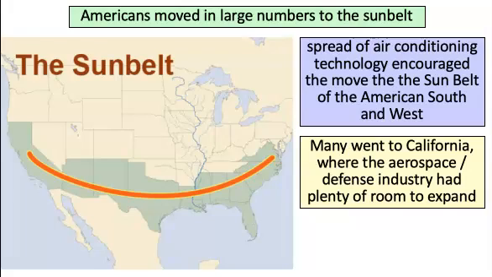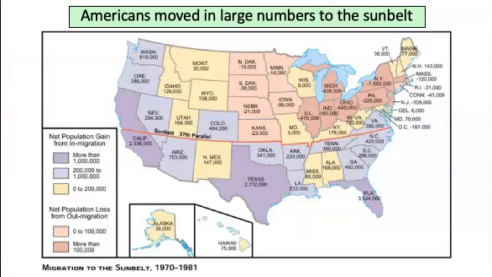Now, in addition to this, many also went to places like California during the 1950s and 1960s because the aerospace industry, the defense industry as well, all had plenty of room to expand. In addition to this, and not on the slide, but also the growth and development of the U.S. military, especially during World War II and during the Cold War, is also going to bring a lot of people to the South. Not only naval bases but army bases are located in the South. I mean, just think how big Fort Benning is, for instance, here in Georgia, and how important that is to the Columbus area. Now, this is going to have some pretty big implications for the South.